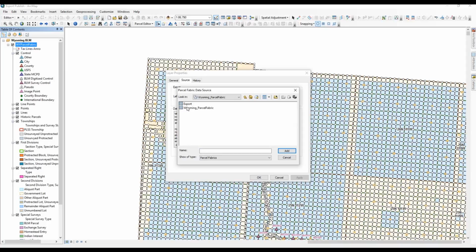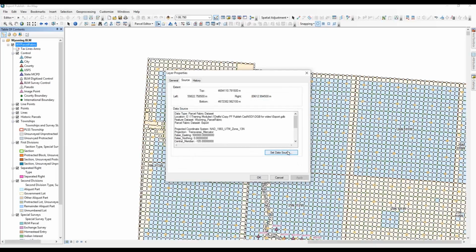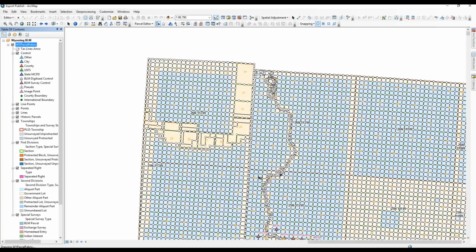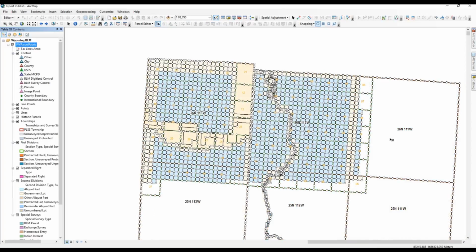And we want to point it to export. We say OK. Now, you can see through our window selection, we got all these other townships,